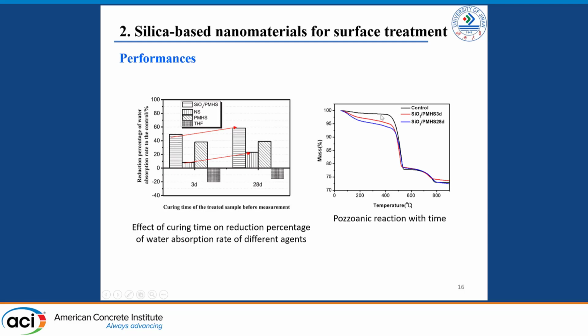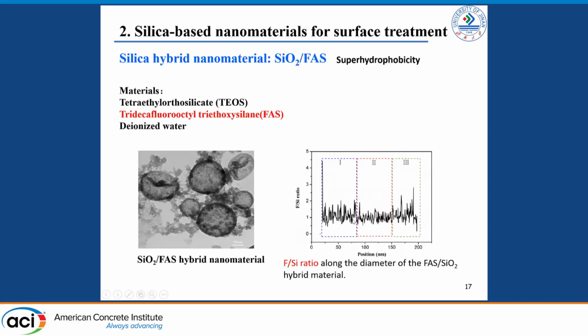So this shows that the pozzolanic reaction, or the chemical reaction, happened on the surface. Condensation and compacting of the surface continue to happen with age. This can also be implied by the pozzolanic reaction with time. At 3 days and 28 days, more calcium hydroxide is consumed with this hybrid material. So you can see the hydrophobicity can be achieved by PMHS, which is a kind of